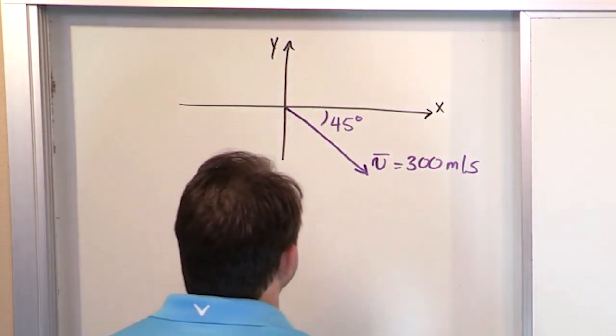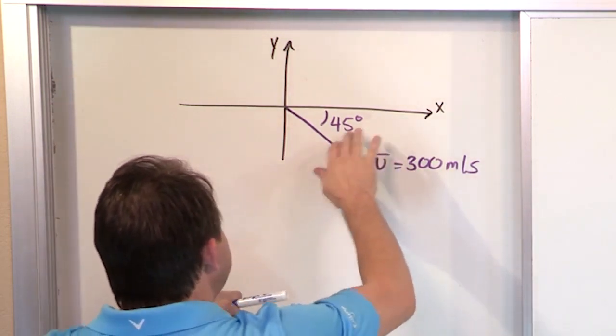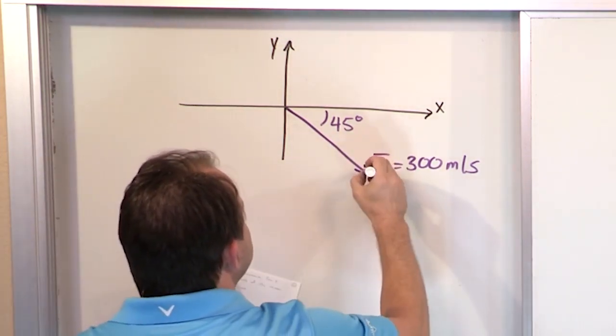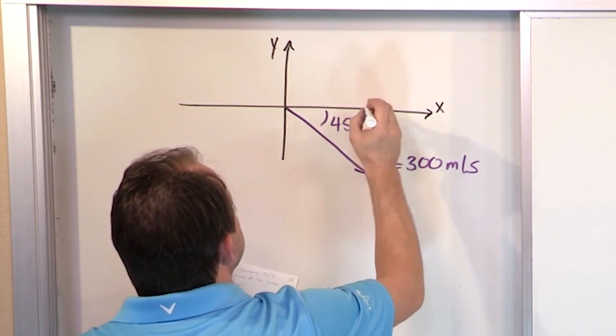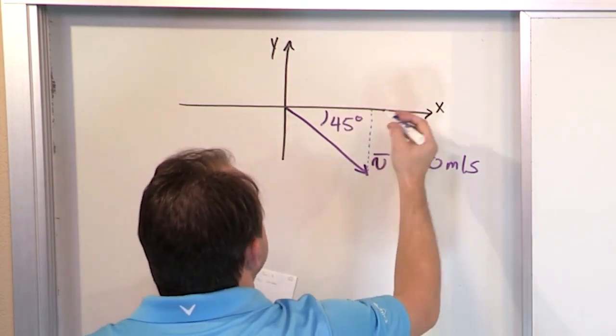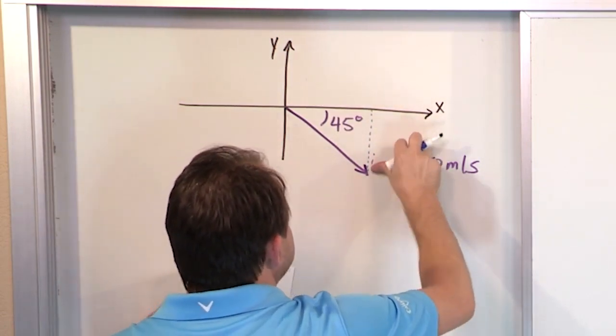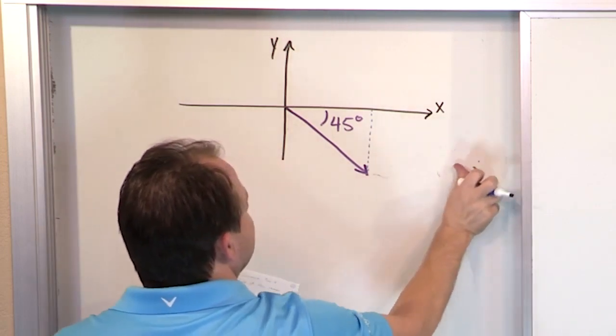So if I'm going to use this angle here, then if you think about it, this dotted line here is going to define, I kind of ran out of space unfortunately. Let me move this out of the way here. 300